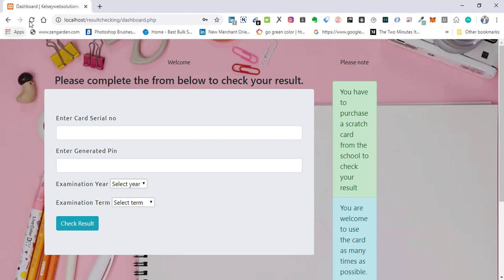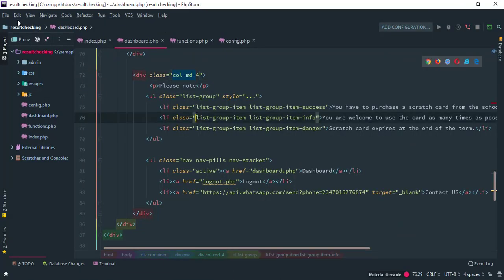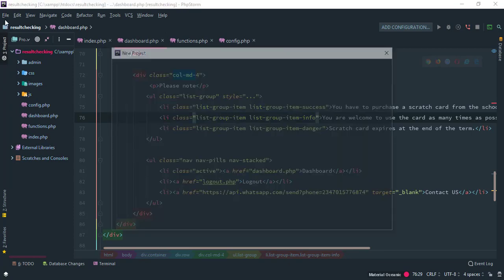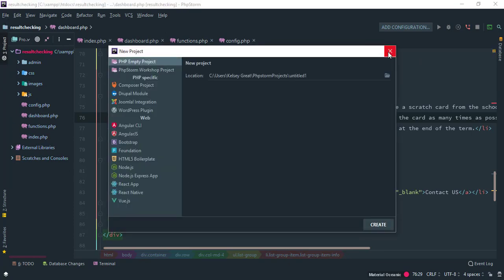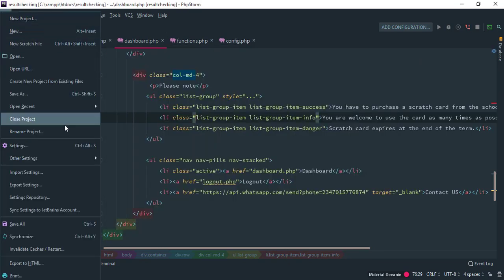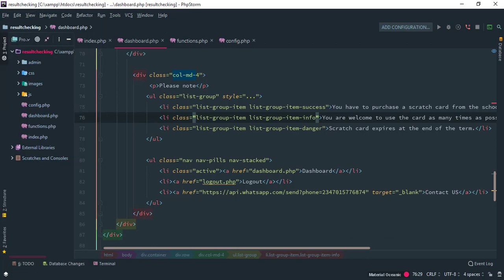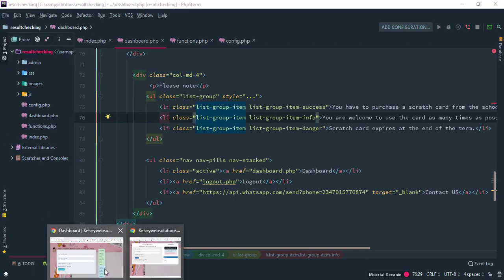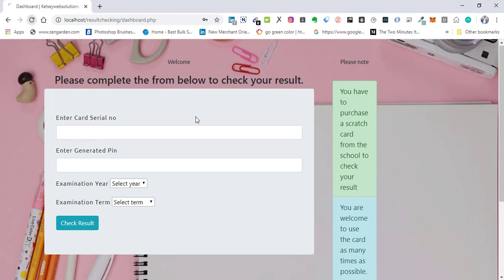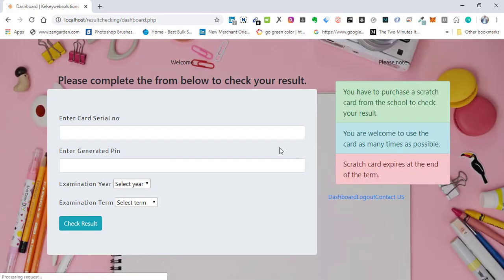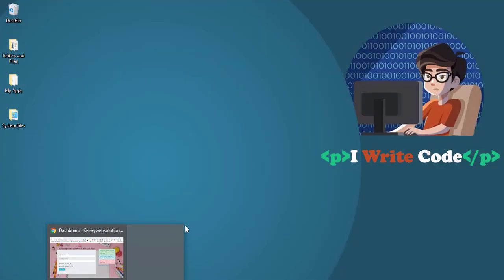What's going on? Let's refresh it again. Because this is 4, we have to do save all. I have to do a save all here, file, save all. So I'm going to come back here and of course let's refresh this again. Yeah, there we are. Okay, so all right, now